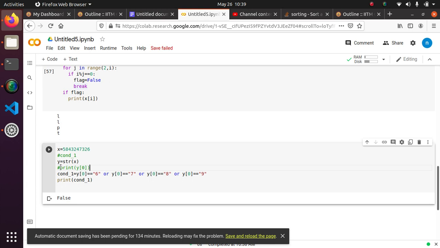So I printed y and got the exact number. Then y of 0, I got it as 9. Until then everything was smooth, so that means the error is in the next line. I found out I didn't put the or here, and now it is working perfectly.